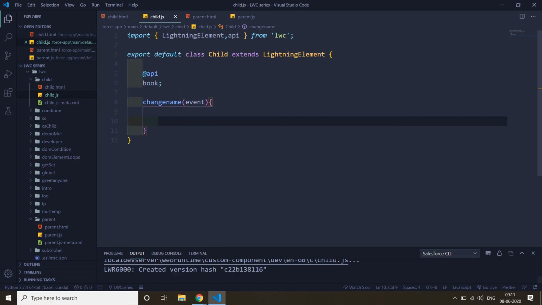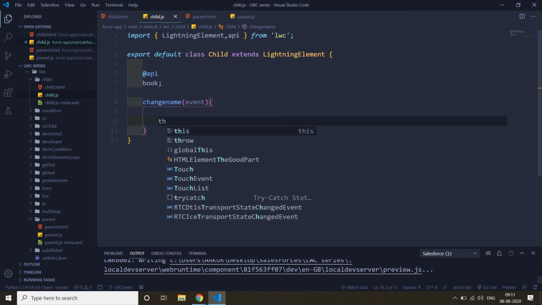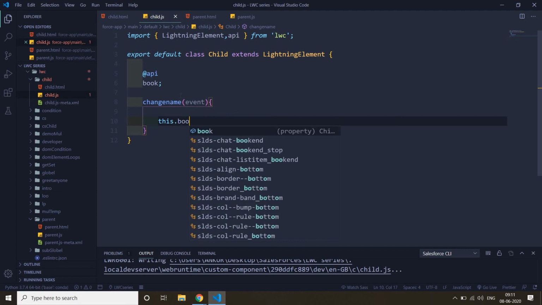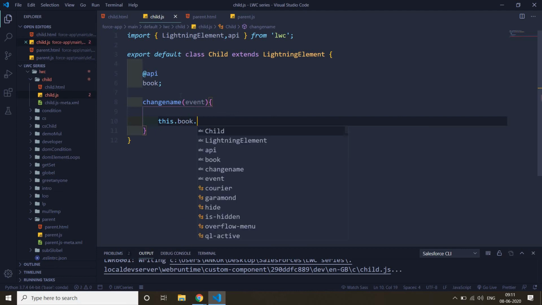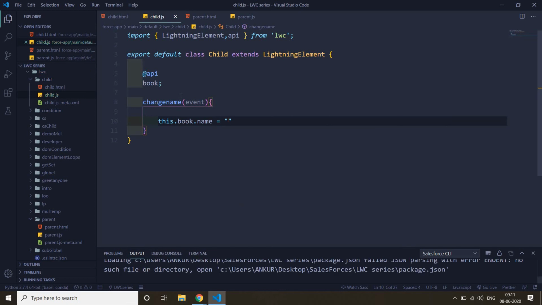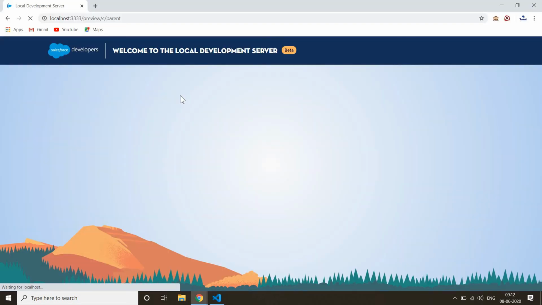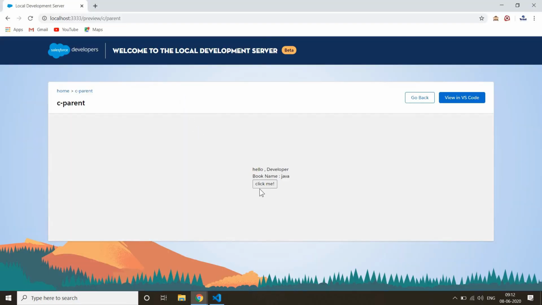So what we can do here is try to change our book name. So this dot book dot name equals, let's say, C++, and let's see whether it is possible or not.